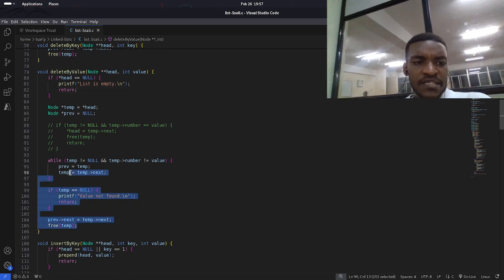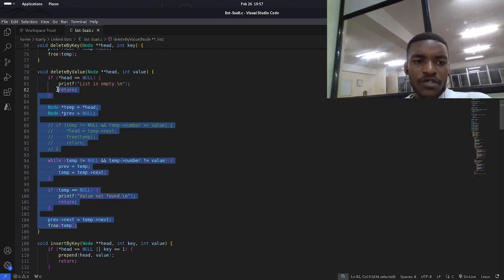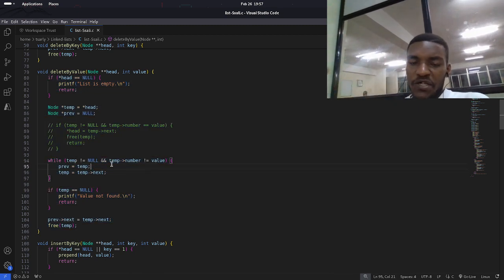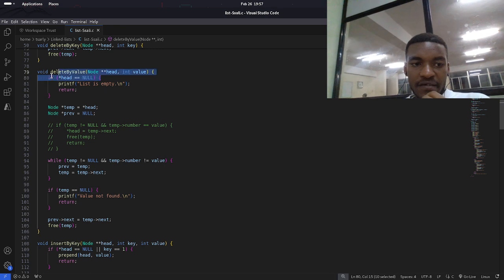So, deleting by value is like when we want to look through our list and look for a value that we want to delete. Let's assume we have a list of 1, 2, 3, 4, but then we want to delete it. What we do, we just create